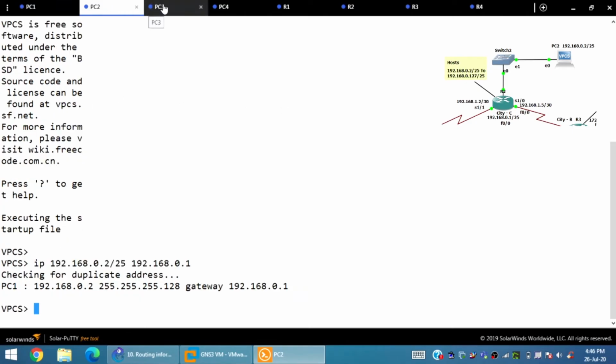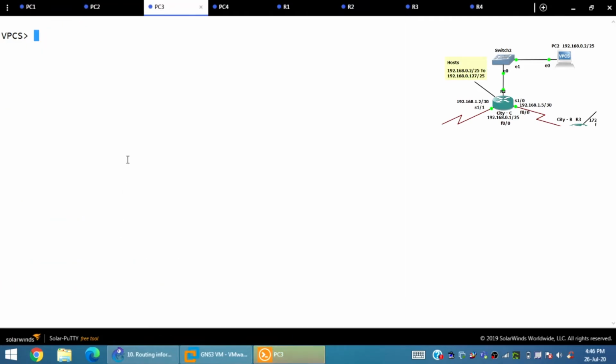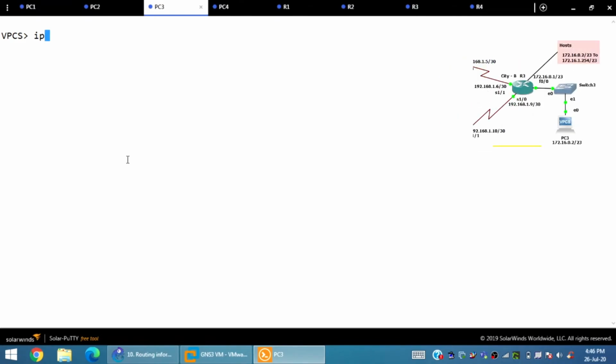So PC3 contains, let me show it to you, 172.16.0.2/23, and the gateway is 172.16.0.1. It's pretty much simpler and easier to understand, and it's done. Let's wait for the message.